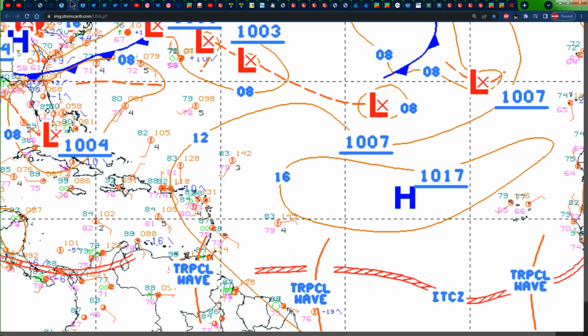Taking a look at the surface map of the Atlantic for this evening, we can still see that the southern portions of the main development region is still dotted by multiple tropical waves. We can still see that high pressure being squashed to the south. The dome is situated across the northern section of the main development region, all courtesy of the multiple troughs of low pressure that